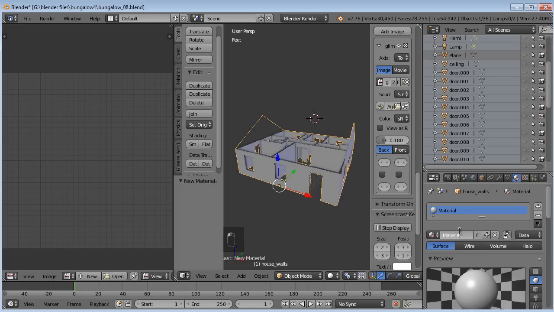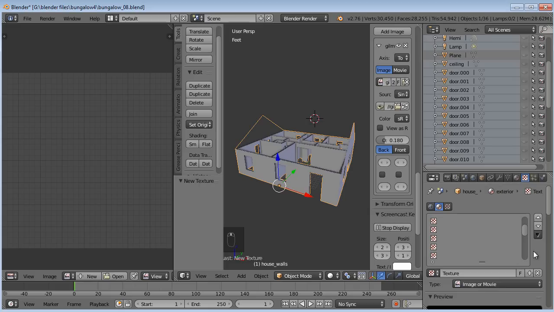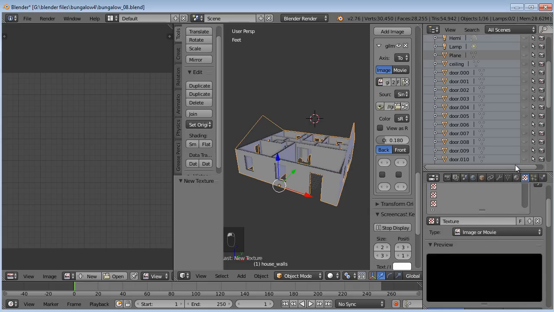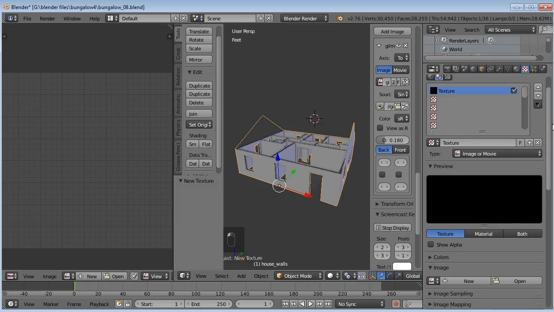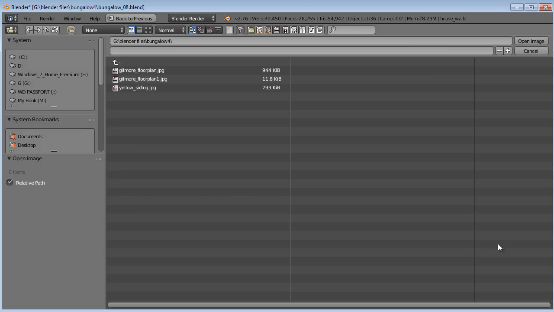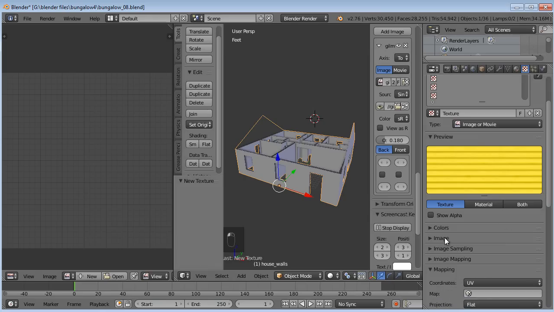We'll say new material, call this one exterior, and we'll go ahead and put siding on there. Boom. And now I can go to the texture panel, say new, and leave it as image or movie. Scroll that back up. Let's make this a little taller there. It's kind of hard working in this 720p space, but it's easier to record that way. But okay, we'll open up yellow siding. There we go. Open image, and